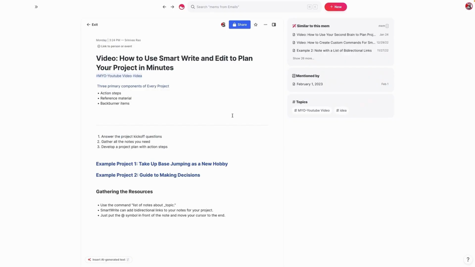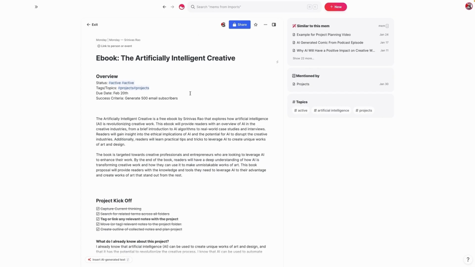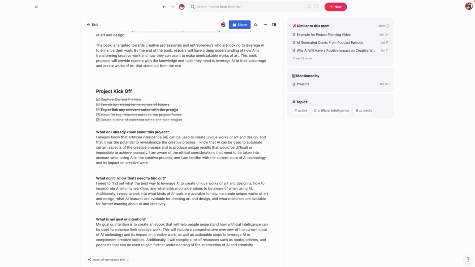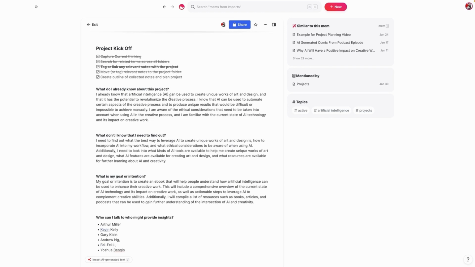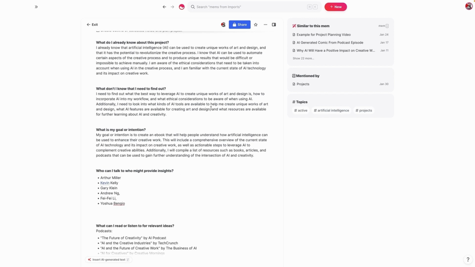Now, let's get to the tutorial. So a couple of days ago, I was working in Mem on a project called the Artificially Intelligent Creative, which is just a free ebook that I'm writing. And I decided to see what would happen if I had Smart Write and Edit actually fill out my project plan for me. And I was pretty blown away by what it was able to do